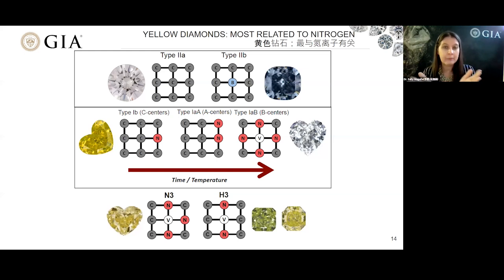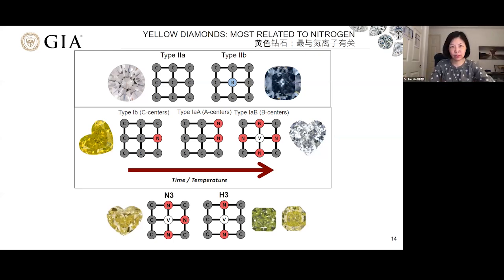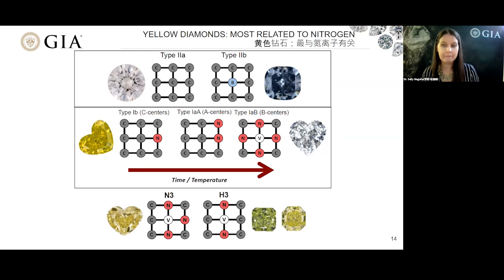If those nitrogen atoms have paired up, then it's a type 1A. 如果有氮，并且氮是以单一形式存在的，就是1B型的钻石，也叫C中心。随着时间的推移，在地球里温压条件合适，2个氮找到一起配成一对，就变成A中心。如果继续配得更多，4个氮加1个空位就变成B中心，就是1A型的钻石。